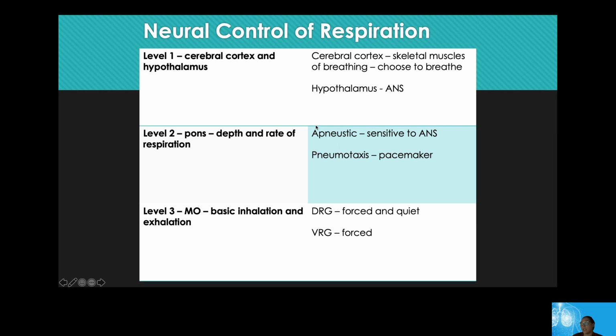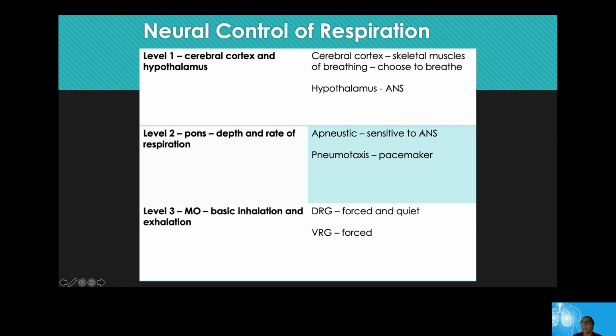On the other side of things, guys, level 2 is the pons. The pons is responsible for determining the depth and the rate of your respiration. Again, you're not in control of this, but different sensors throughout your nervous system and in your blood help to determine which one of these 2 centers to trigger. Pneumotaxis is traditionally the pacemaker of your respiration, and your apneustic center is very sensitive to the effects of the